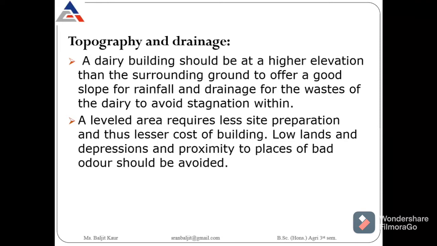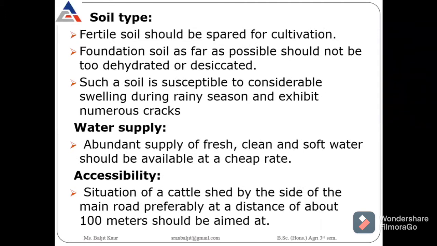So lowland should be avoided. If there are any depressions in the land, that should be avoided because some bad odor may occur there. So while selecting the site, we should keep in mind that there should be a good drainage system and the area should be sloping. Then soil type, which kind of soil should be selected for dairy purposes or for the cattle